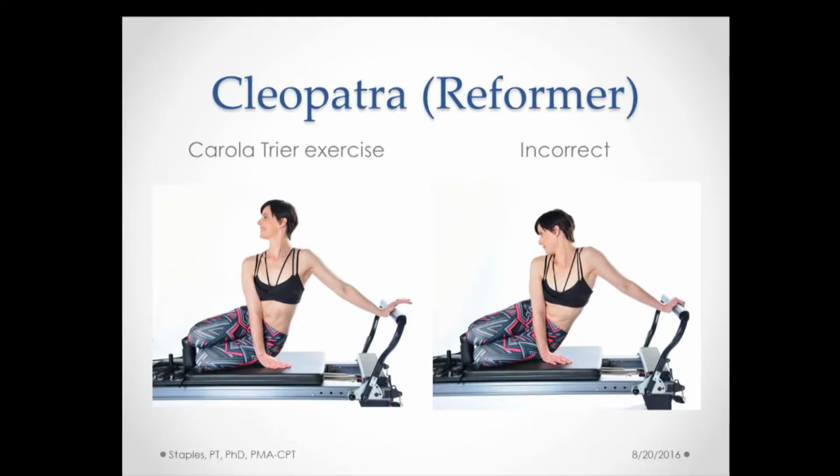So now let's have 3 people on the reformers. Let's do 1 red spring. So the exercise Cleopatra. Cleopatra is a Carola Trier exercise, and Carola